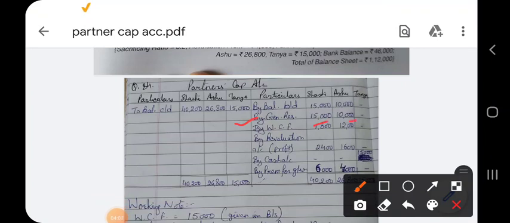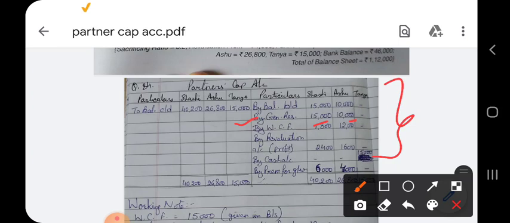Why are we writing it on the credit side of partners capital account? Because if we distribute reserve among partners, it will increase the amount of capital for partners. So for every item by which the partners capital account is increasing, such as profit or reserve, if these are given, they will increase the amount of capital in partners account. So all these things we write on the credit side. That's why I wrote general reserve on the credit side.